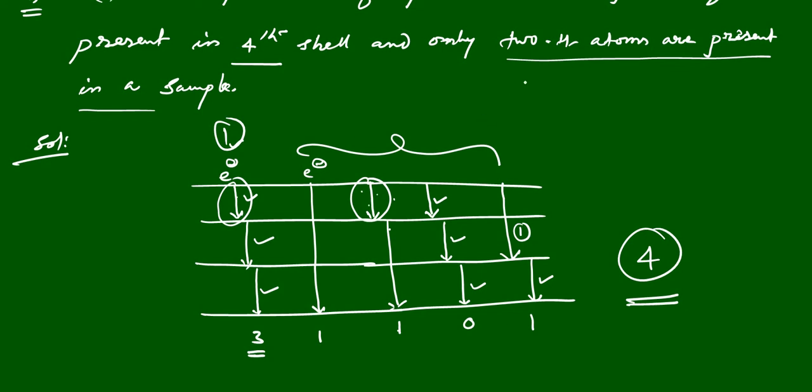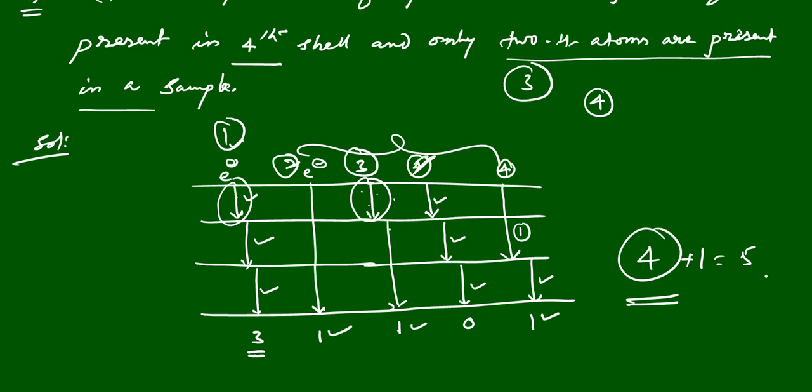For example, if I give 3 atoms instead of 2 hydrogen atoms, then how many are possible? 5, sir. 1 more extra you can add. Yes, 5 are possible. Why? Because this is the second electron, let us assume, and this is the third electron, right? And if I give 4 hydrogen atoms, how many will you get? 6, sir? 1 more, 5 only, sir. Here, this is the 4th electron you assume. Here you will get 1 extra radiation, right? Here 1, here 1, here 1. You will get plus 1.